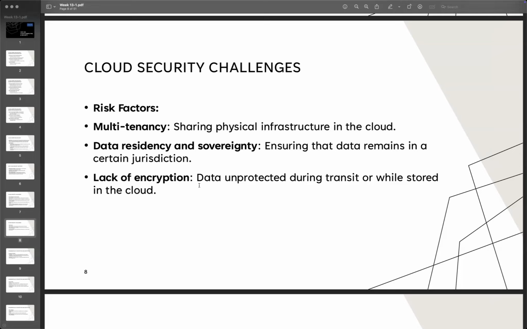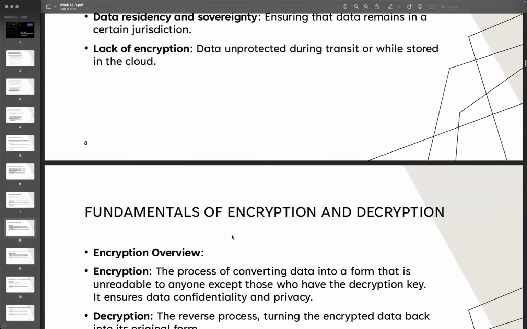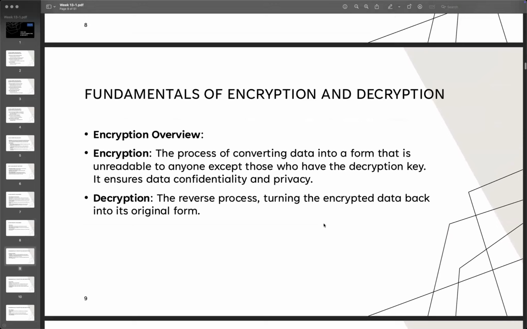And then next will be data residency and sovereignty, to ensure the data remains in a certain jurisdiction. And then also the lack of encryption. So we need to make sure that data is not unprotected during transit or while stored in the cloud. So like this. And basically, if we know all the background, then we will move on to some fundamentals